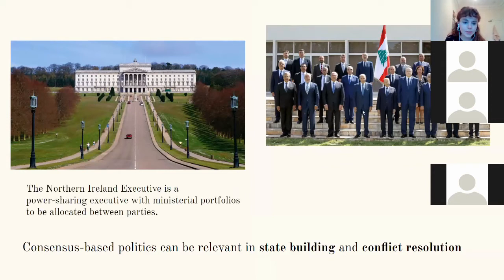A couple of examples of this: the Northern Ireland Executive is a power sharing agreement executive. It has ministerial portfolios that have to be allocated between parties. Usually this is Sinn Féin and the DUP, who are both very hardline sectarian parties. This was instituted during the Good Friday Agreement as a method of conflict de-escalation, because obviously when you have two groups that hate each other a lot and one of them has a slight majority, if you have a fully majoritarian system, the other group never gets any policy done that they want. And obviously this can cause more conflict.